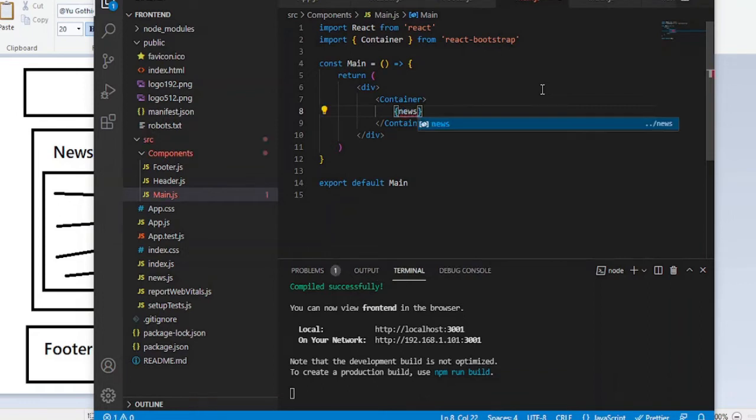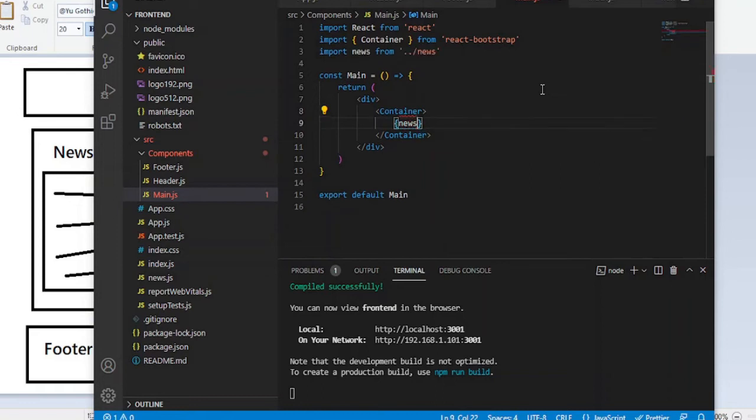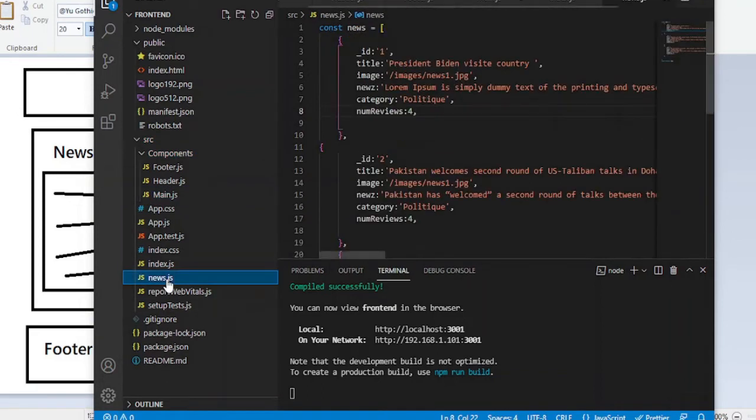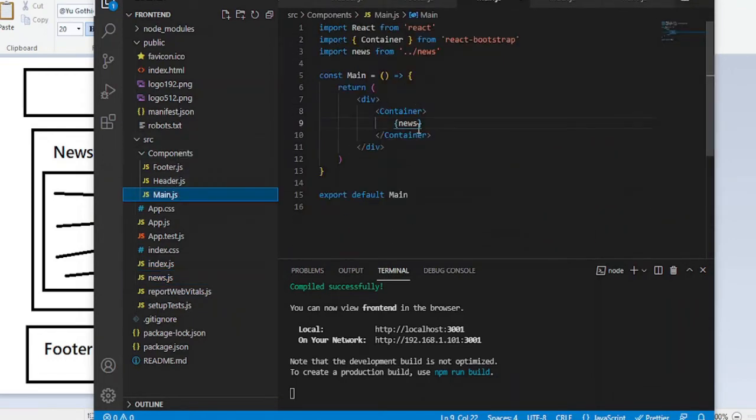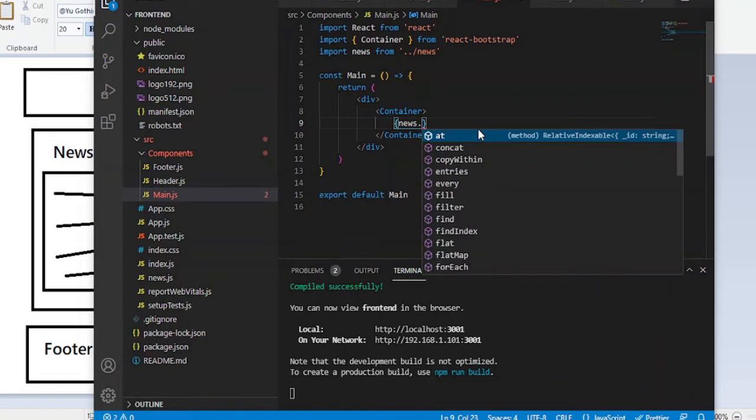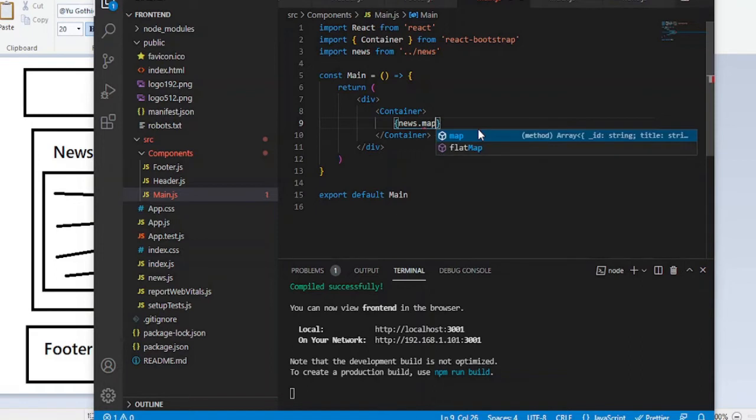You tell me from where we bring the news. Cannot bring it, we will bring it now. Import news from news. This news, I just import all this database that we have inside the main component. I import it, and how to map the news, how will the news be coming, I mean by card, or how to bring that props, all the news. So we do it every time you see this in our tutorial. Map